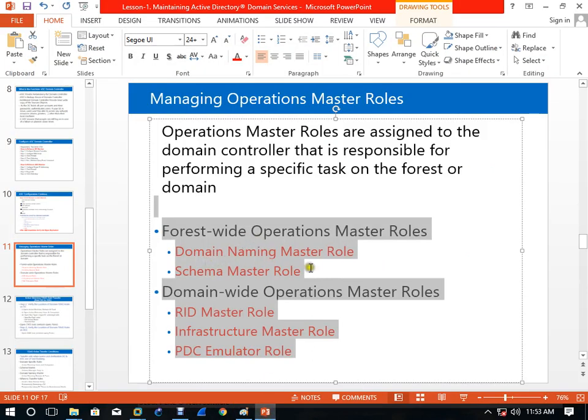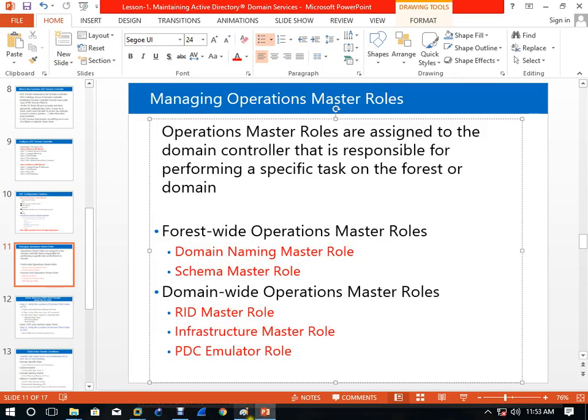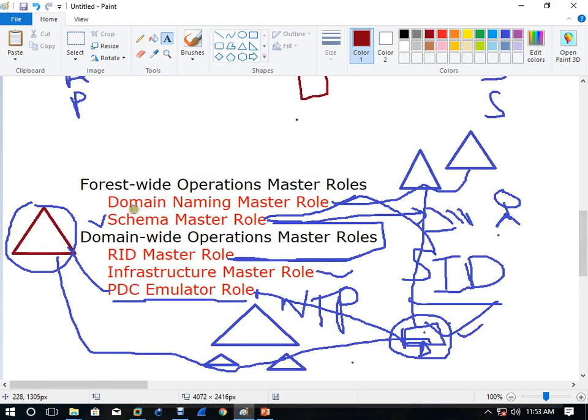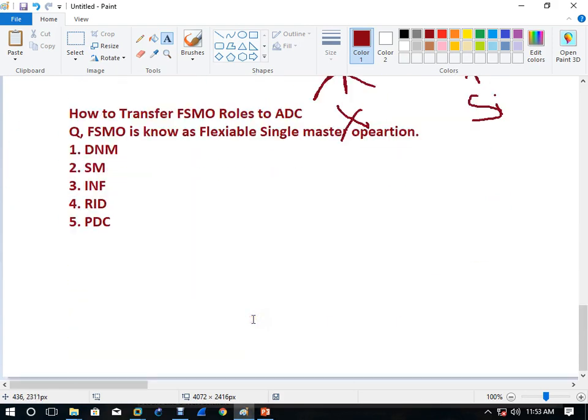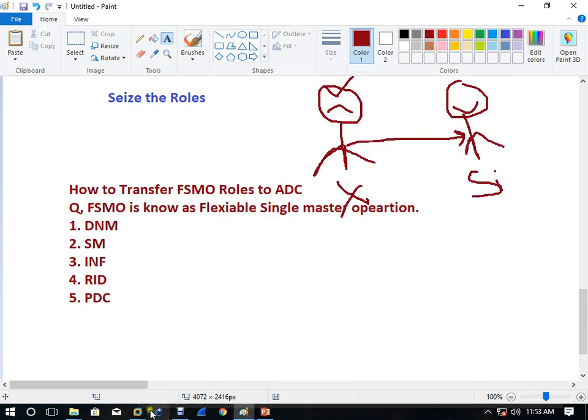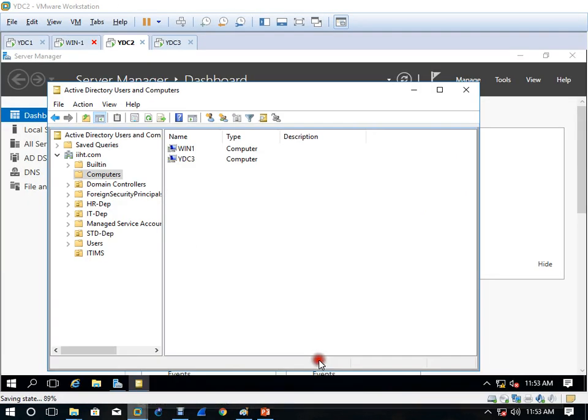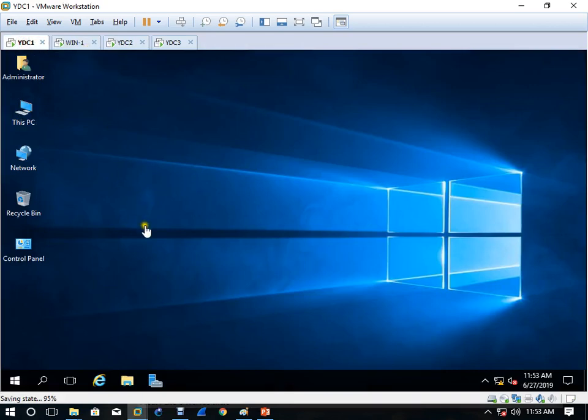It is all here now. Now we have seen that when the DC1 was down, the additional domain controller was not able to add another server.